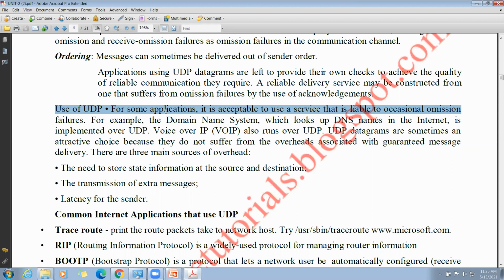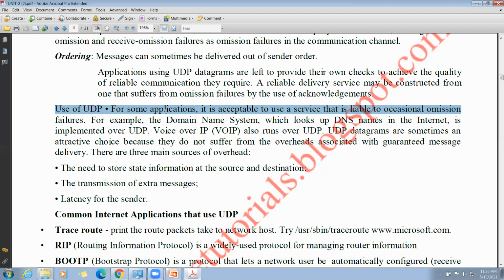The UDP datagrams are sometimes an attractive choice because they don't suffer from overheads associated with guaranteed message delivery. Suppose I'm a sender and you are a receiver. There is no guarantee that my message will be delivered to you.